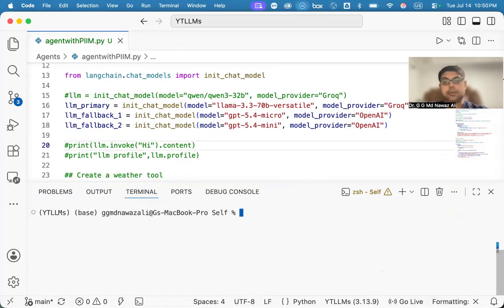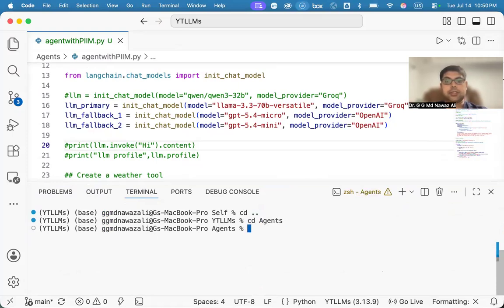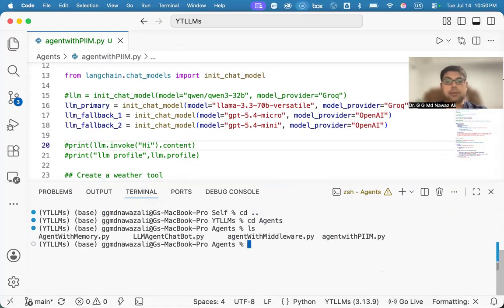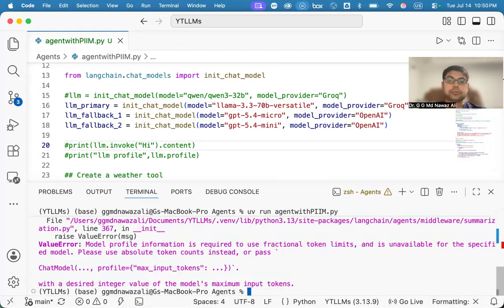So let's clear my screen and then go here, it's basically inside the agents. So I write agents, okay. And now we can see agent with PII, so this one I'm going to run. So I write uv run agent with PII. If you run it and then see,